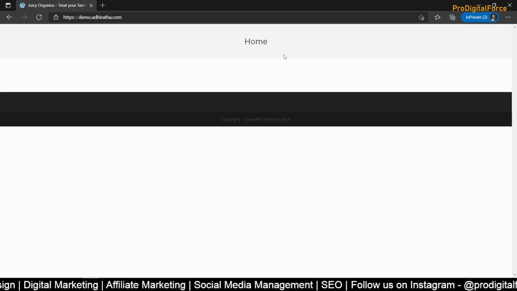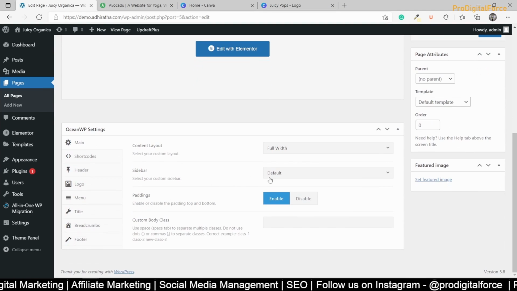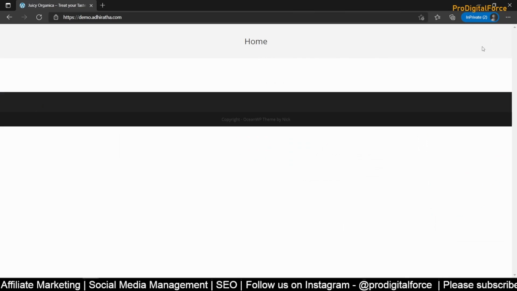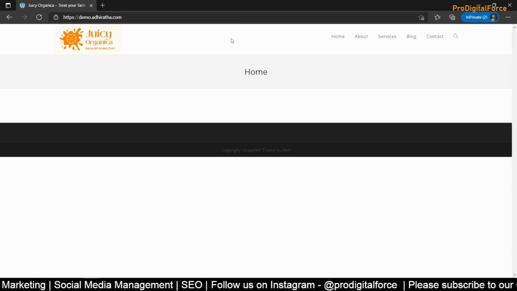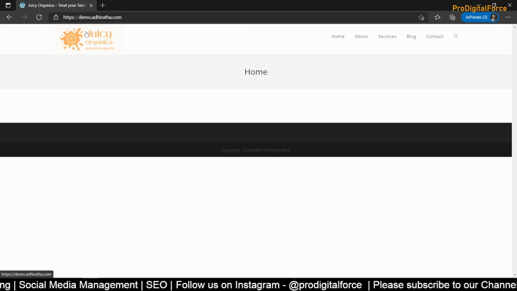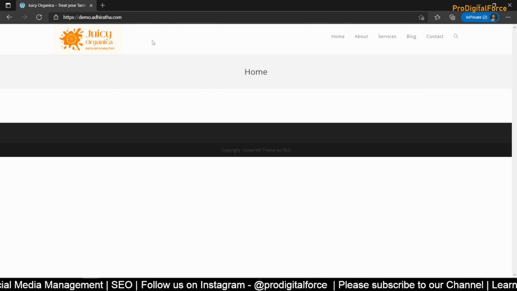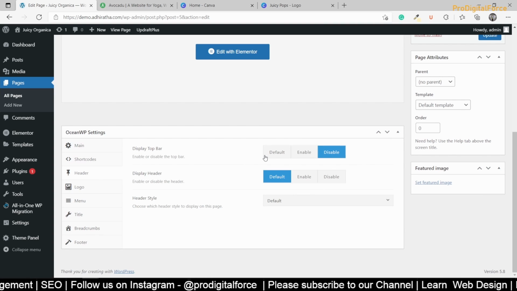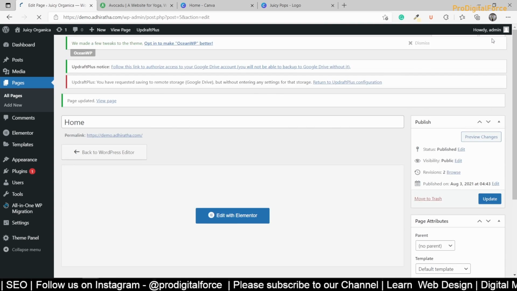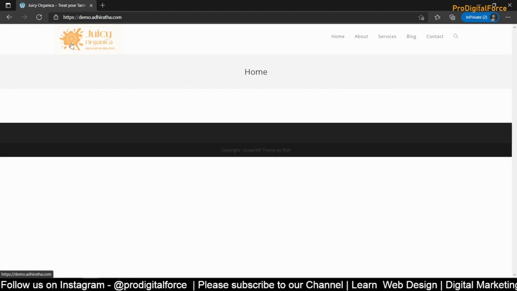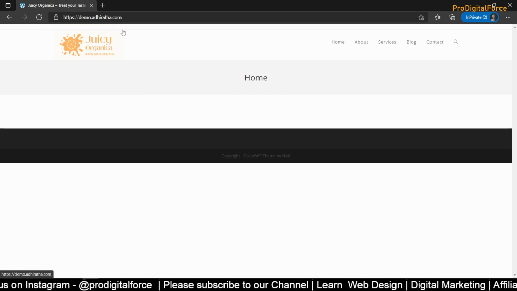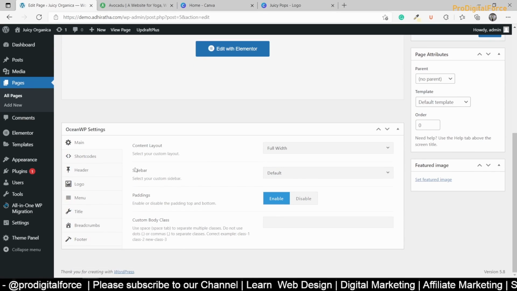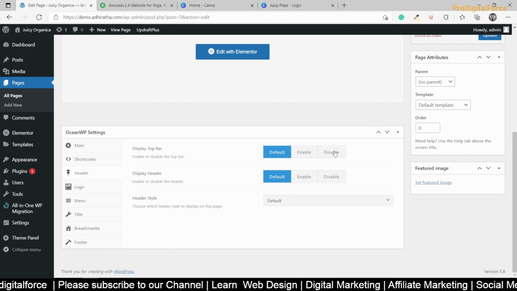I'm in header. So first we'll see this. See, on the top one small line is there, above the logo there was a small line, right? That got removed. Now let me put it back and show you. Going to the header section, if I put default and update, just please observe here, above the logo there will be small space with a small line. That one if you don't want, you can remove it from here, header section, and disable.